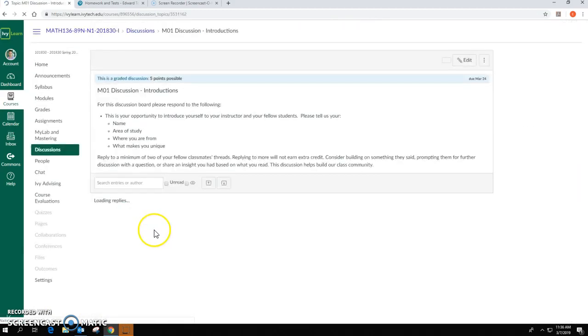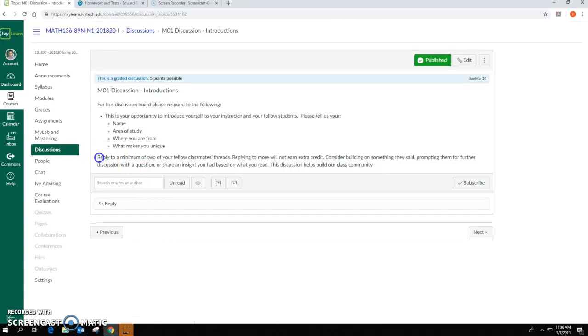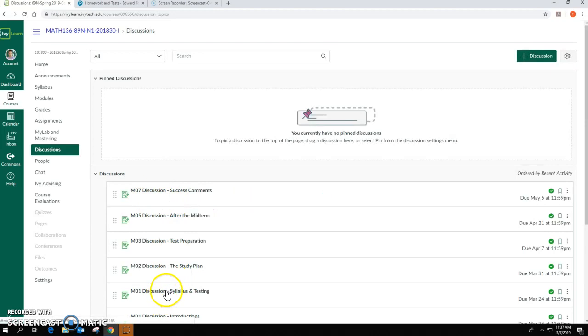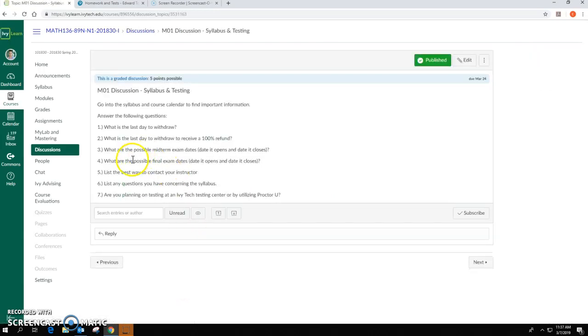If you click on it, notice how sometimes it'll say reply to 2 classmates. If you don't reply, you're not going to get the full credit for it, so make sure you do that. All right, and so that's really the main thing here. One last thing I want to point out, because this will help you on discussion 2, or the first discussion, syllabus and testing. They're going to ask you what the possible midterm exam dates are and what the possible final exam dates are. And let's go to the calendar,